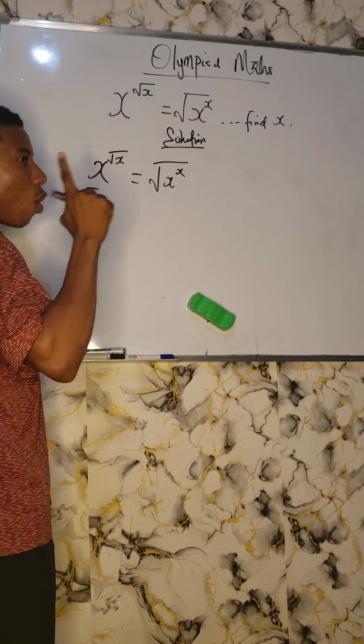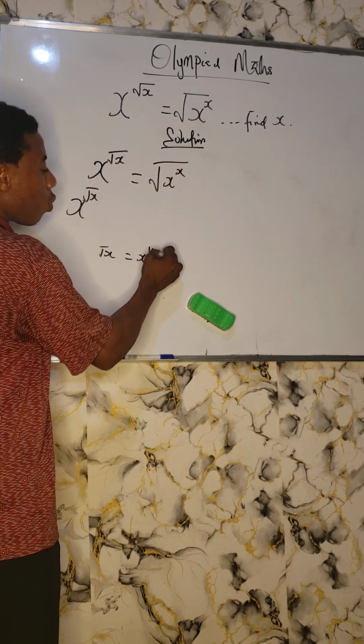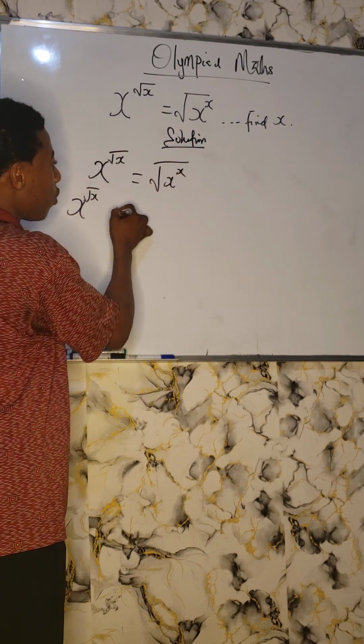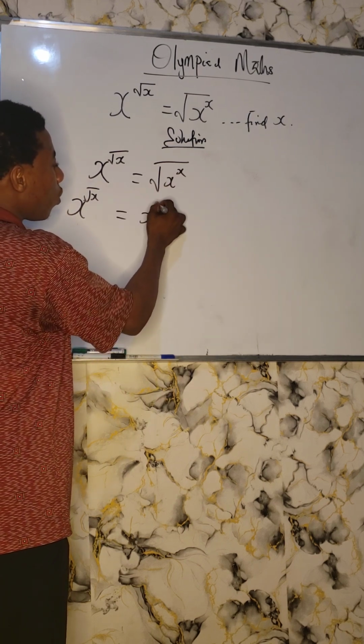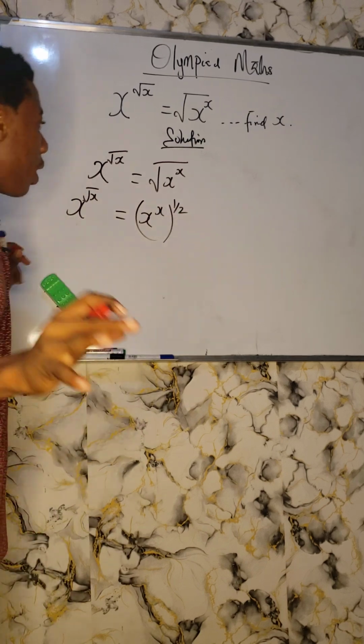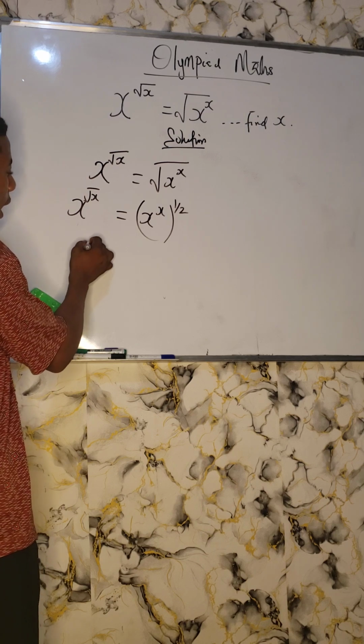square root of x. Of course, you know that the square root of x can be written as x raised to the power of 1 over 2. The square root here is the 1 over 2. So let's do something interesting: the right side becomes x raised to the power 1 over 2, all raised to the power x. Wow, that's great. Have you seen this? So now what do we do again? We can still say x raised to the power of